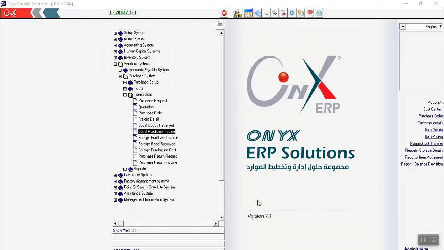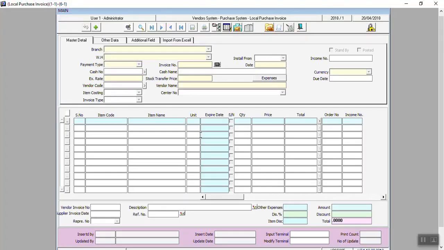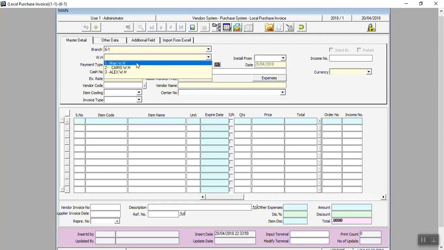Finally, and the last step is local purchase invoice. As we said before, this screen is aimed to prove the value of local purchase and supply the goods to the warehouse and record its value to the cash or to the bank account or to the vendor account in case the purchase is credit, and charge the expenses on the local purchase invoice and distribute it on the items faced by an account where these expenses are recorded. After saving the document, the warehouse will be affected. We press on Add button. We have a branch, warehouse,